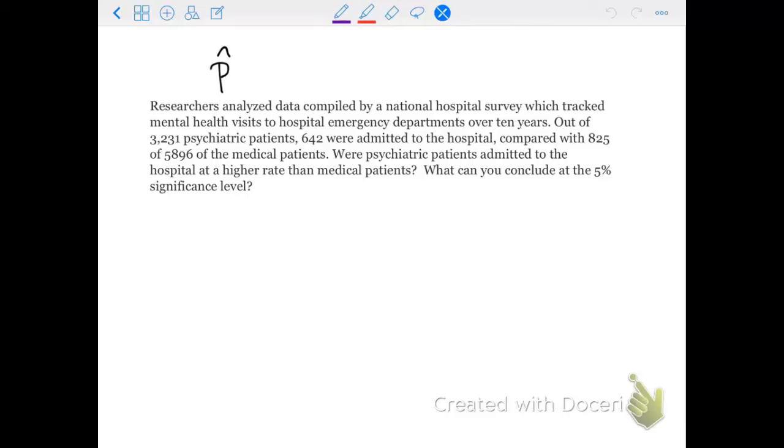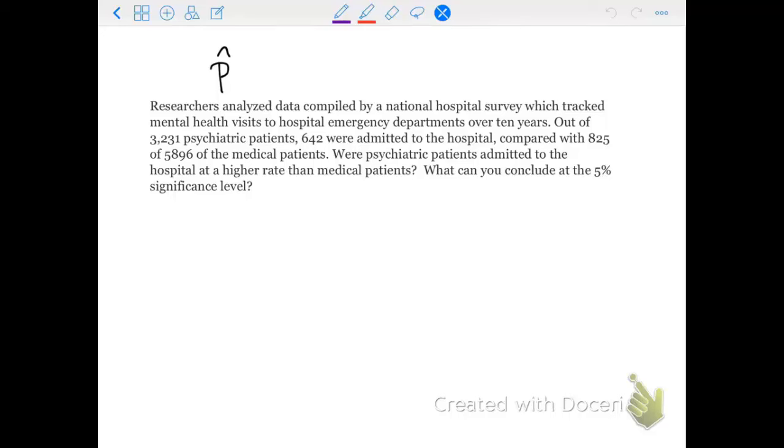All right, let's go ahead and look at another hypothesis test. Researchers analyzed data compiled by a national hospital survey which tracked mental health visits to hospital emergency departments over 10 years. Out of 3,231 psychiatric patients, 642 were admitted to the hospital, compared with 825 out of 5,896 of the medical patients. Were psychiatric patients admitted to the hospital at a higher rate than medical patients, and what can you conclude at